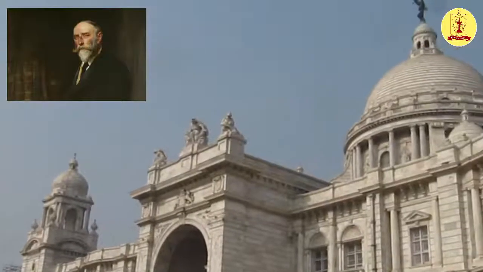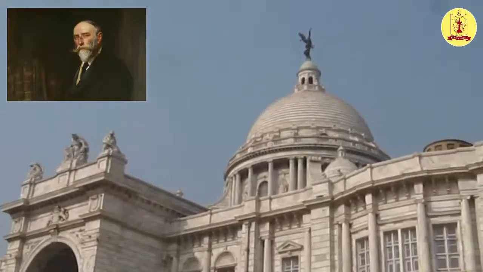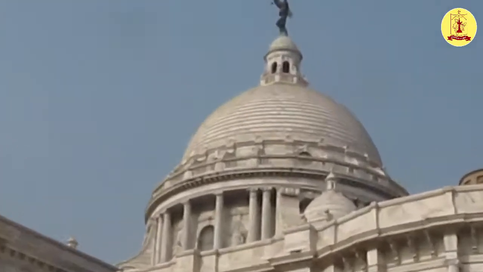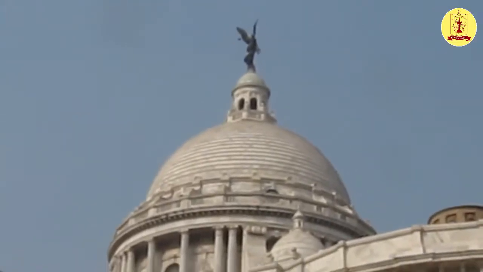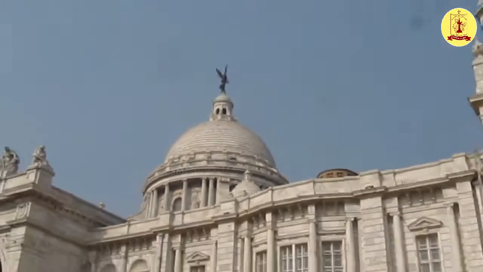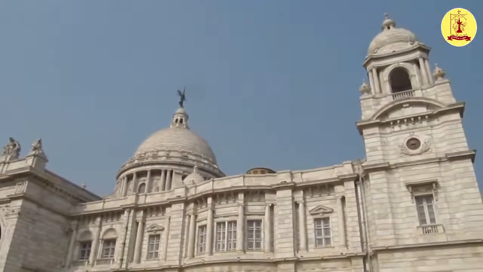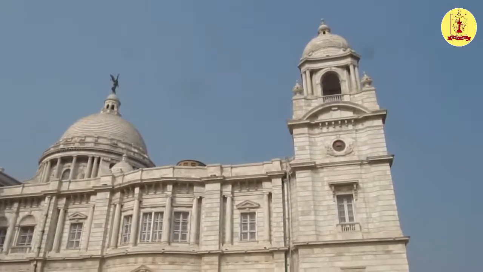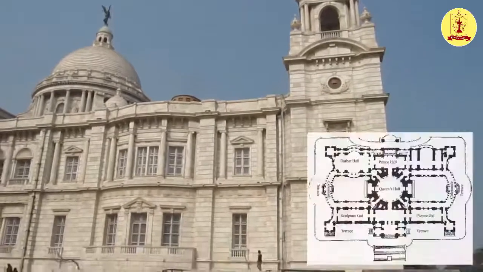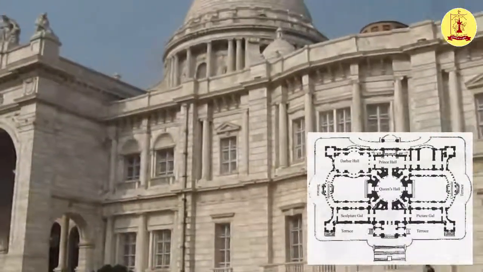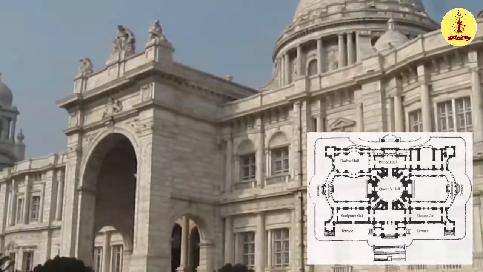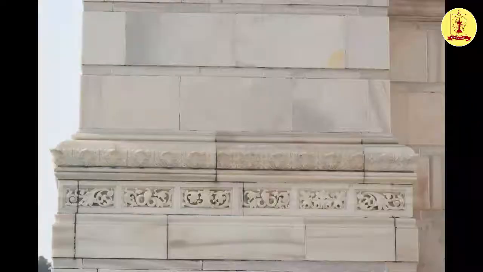The Victoria Memorial's architect was William Emerson. The design is in the Indo-Saracenic Revivalist style, which uses a mixture of British and Mughal elements with Venetian, Egyptian, Deccani and Islamic architectural influences. The building is 338 by 228 feet and rises to a height of 184 feet. It is constructed of white Makrana marble.